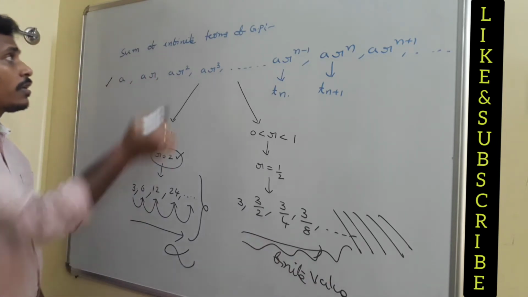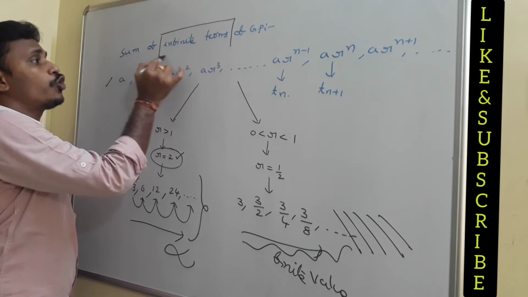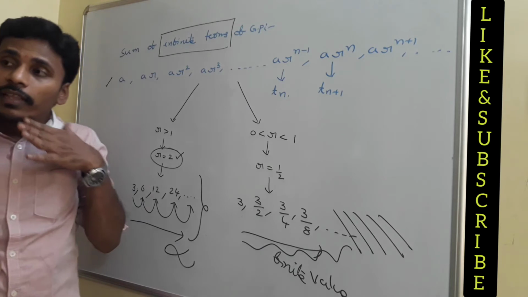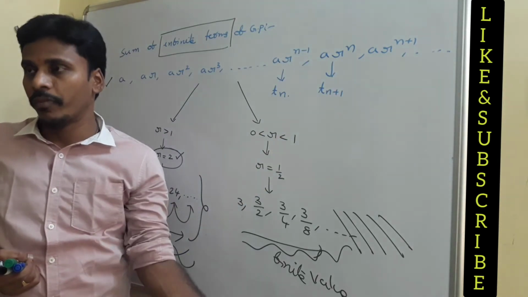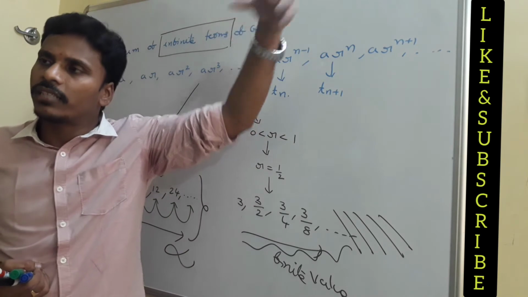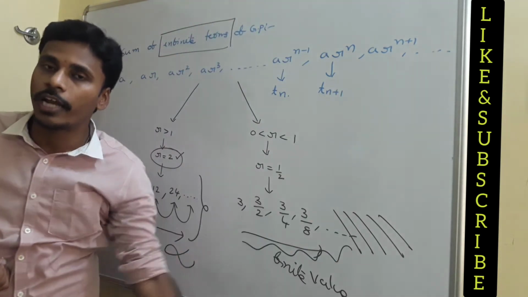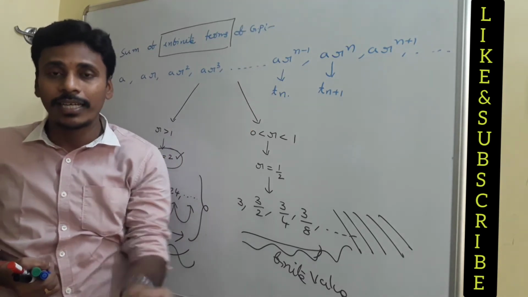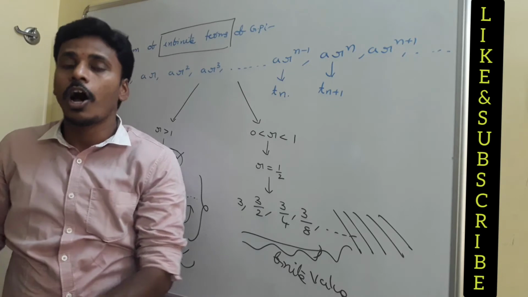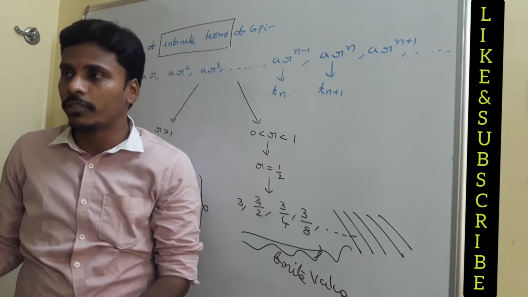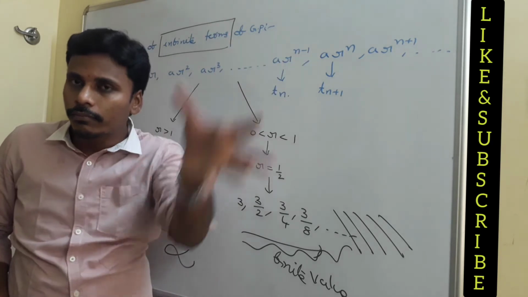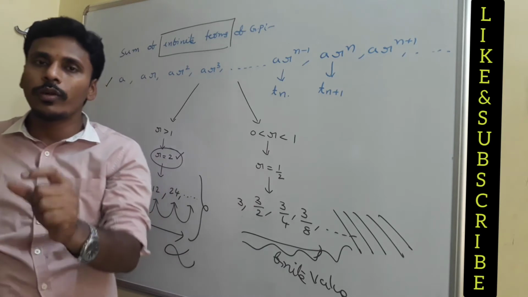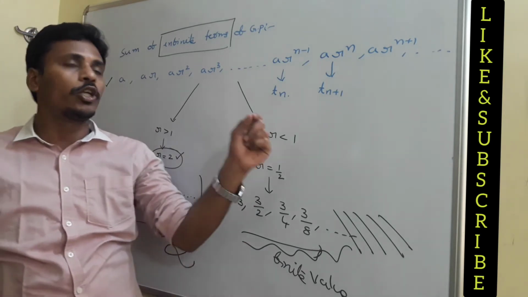Right? See, the question is thinking about the infinite terms of the geometric sequence. Our task is, there are two options. In one case, the sum of the infinite terms is again infinity. If the values go on increasing, you are going to add all those things and your answer is infinity. And in the other case, the value decreases, decreases, and after a certain stage is almost 0, you need to neglect the remaining terms. And if you add the terms which are non-zero, since the values are decreasing, you will get a finite value, and that finite value we need to find now.